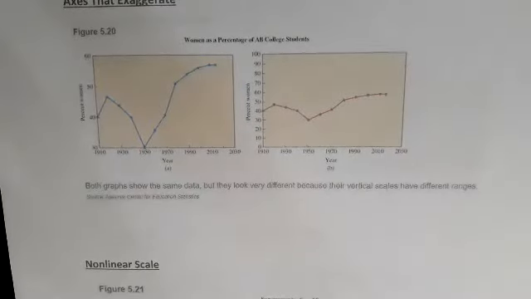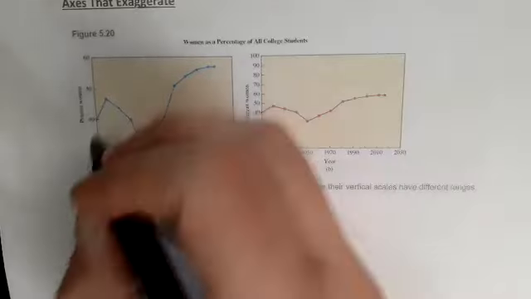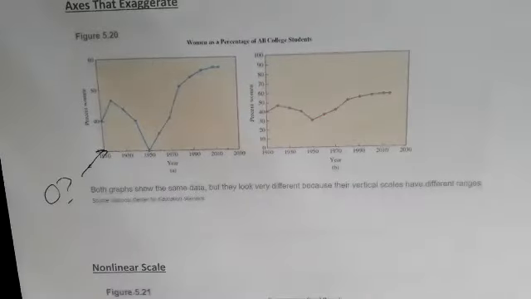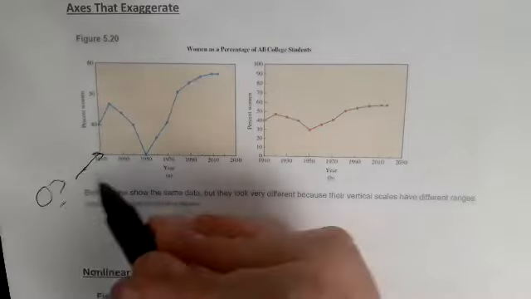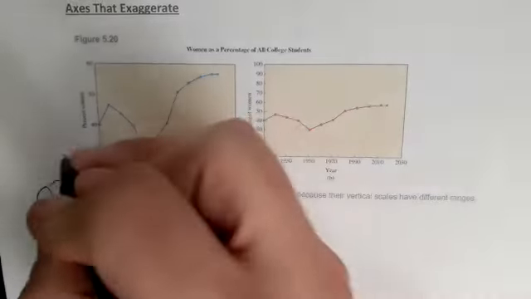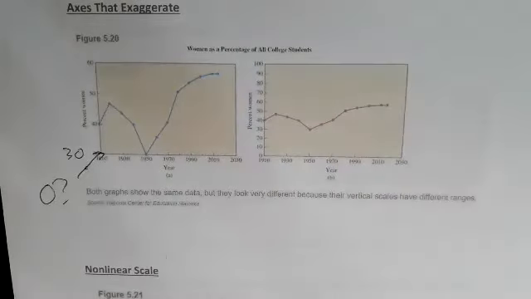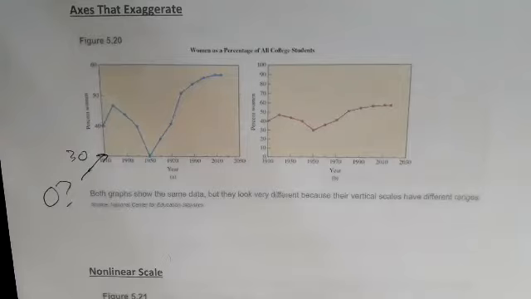The other thing we want to talk about is scaling. And so right away, big no-no, right? They're not starting at 0 there. So first off, that's already a big no-no. Don't do that. The other thing is their scaling. So we're going from, what, 30 to 60. If we're doing women as a percentage of all college students,